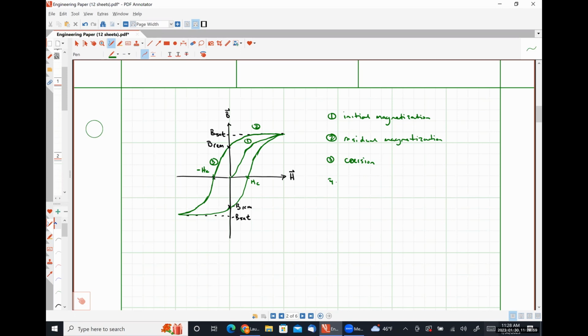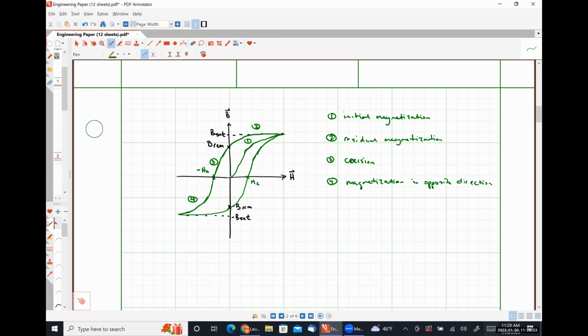And then 4 is magnetization in the opposite direction. So I say most, but to my knowledge, all